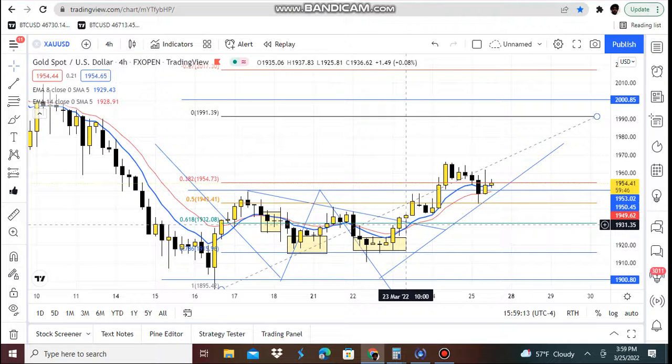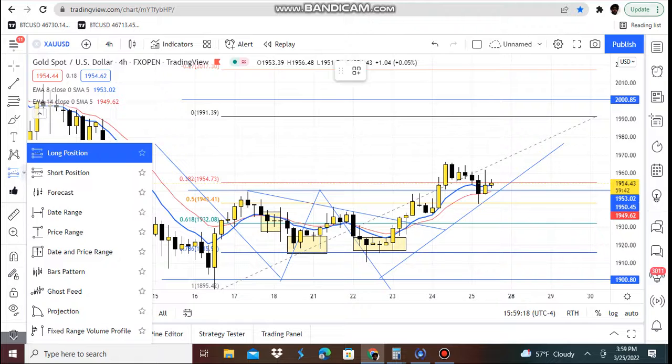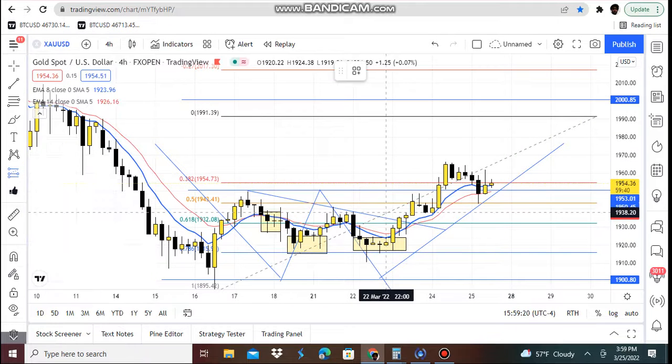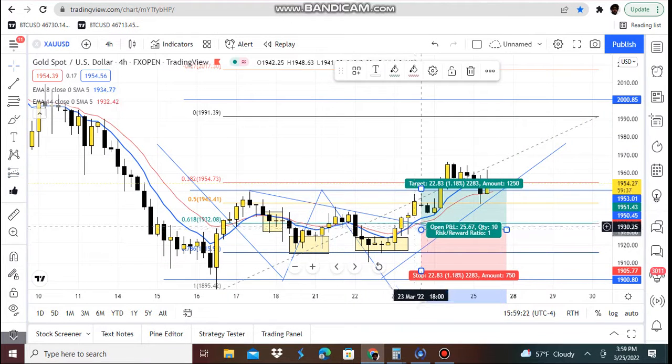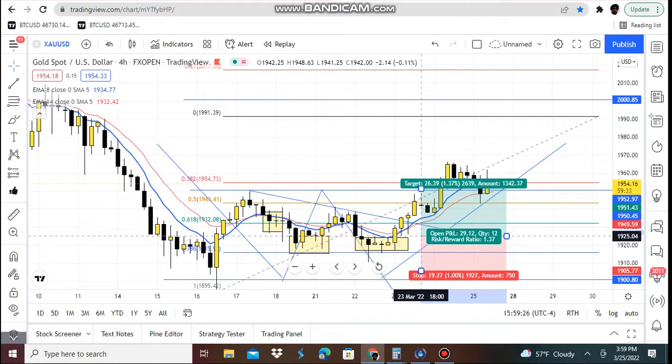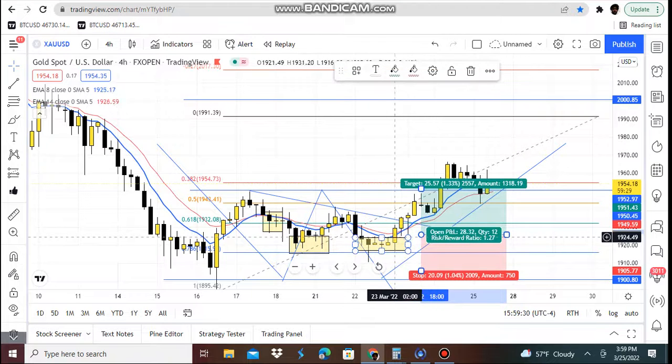And you could have got in around 1930 for an entry, for a long position. You could have got in anywhere around here for a buy, like 1925. As soon as the price breaks above this box, this consolidation, you could have got in. So at 1925, you could have got in, or you could have waited for price to